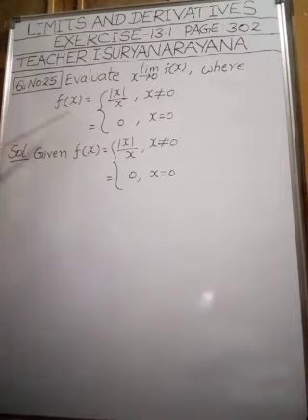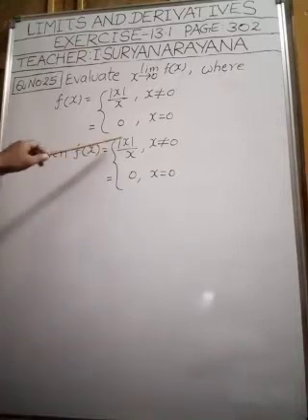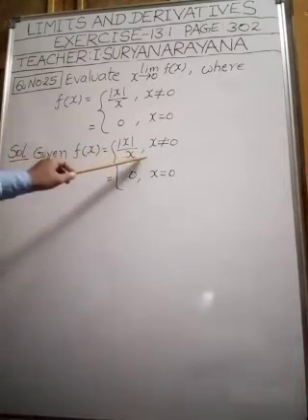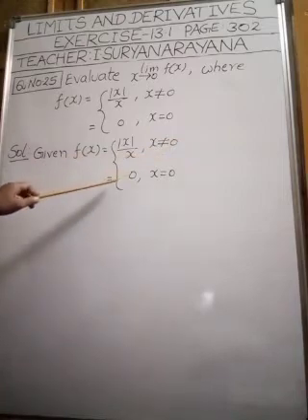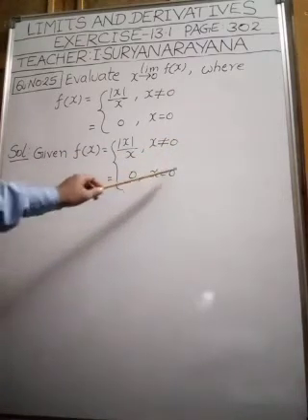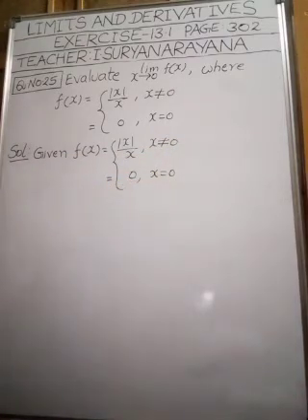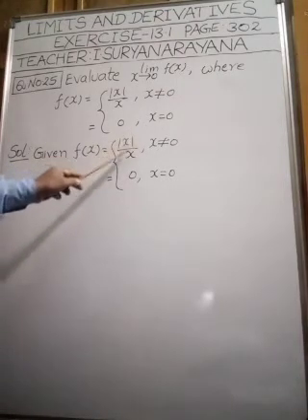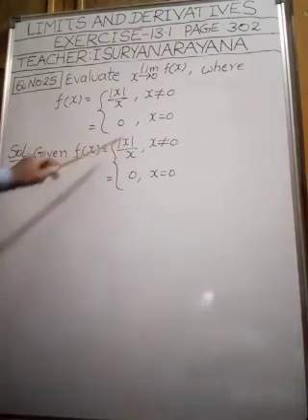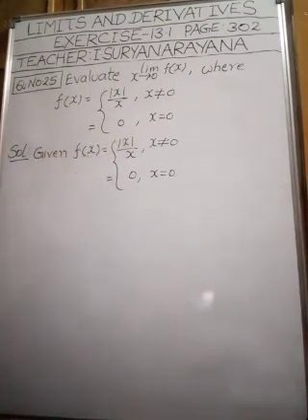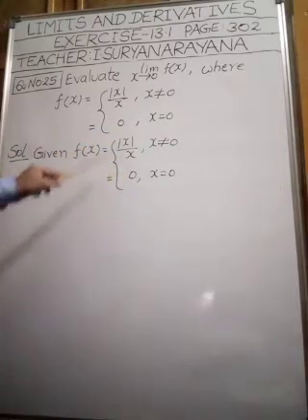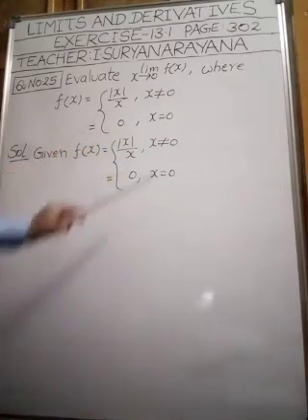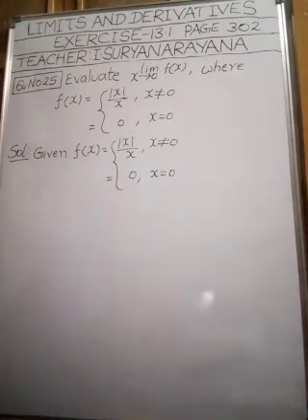What is given? We wrote that the function f of x is equal to modulus of x by x when x is not equal to 0, and f of x is equal to 0 when x is equal to 0. Okay, my children. Here the function is a modulus function. The function f of x is defined with the combination of modulus x. So we rewrite this function, because at x equal to 0 it is defined separately. Okay, my children. As you know,